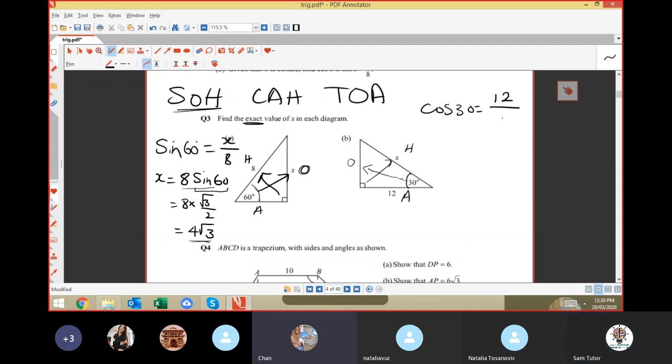Over 12, 12 over adjacent. Yeah, 12 over x. It's a over h, right? Yeah, 12 over x. And then you just swap these two around. That's the trick for it. So x equals 12